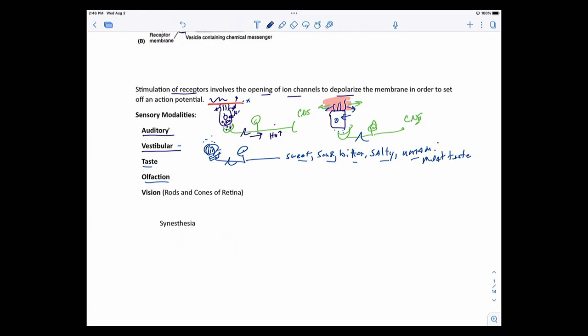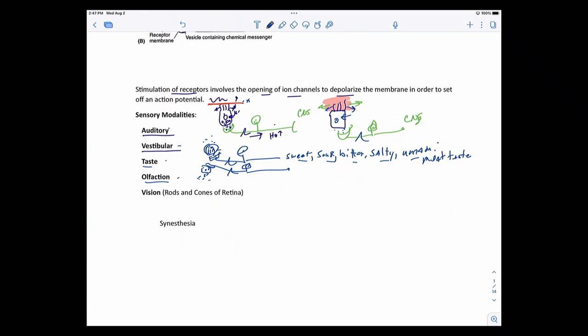Olfaction is pretty similar to taste, in the sense that you have specialized cells in your upper nasal cavity. They're going to respond to molecules that bind. And here we have a cell just waiting to have action potentials as these molecules in the air bind. And again, you have action potential frequencies, so you're going to translate that into, that's this odor, that's that odor. And a combination of basic categories can cause you to have different olfaction sensibilities. So, fairly common in terms of taste and olfaction.